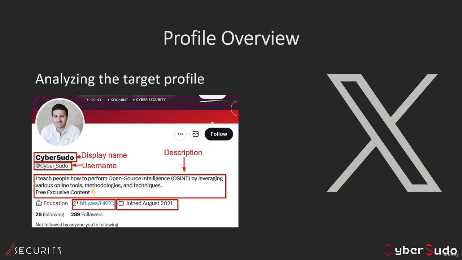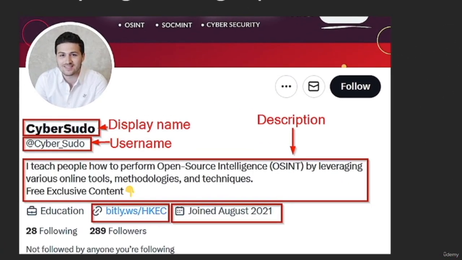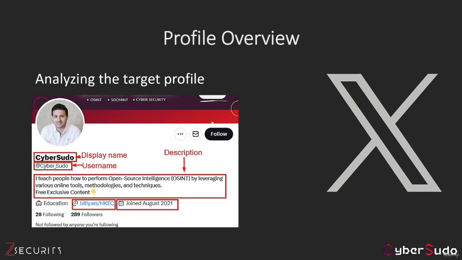So the first thing we are going to do is to analyze the target profile. It's very important to read their bio and see if there are any links, and have a look when they have joined twitter.com. And this is something that we have already done with Facebook and Instagram, and something that you are going to do with every single account you will encounter, because this information could be utilized to find more